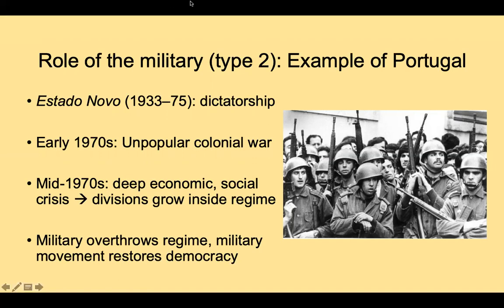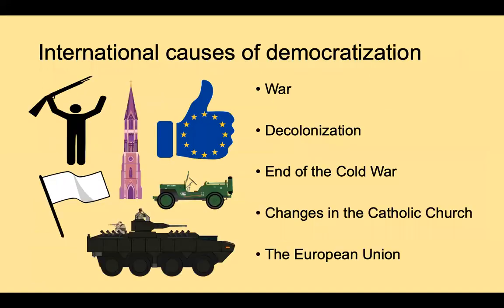I want to emphasize to you that in this moment, despite the depth of the crisis and the divisions within the regime, there wasn't enough capacity within those elites within the regime who wanted to step down from power to bring about the transition on their own. That was why it became essential for the military to carry out the process and to essentially impose a democratic transition. Now, the story is more complicated in all its detail. The military, for example, did reserve certain institutional rights and guarantees through the transition that did limit the capacity of the democratic regime to function. But the point remains that it was the military that facilitated the transition.